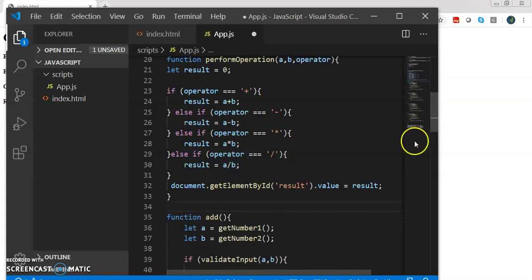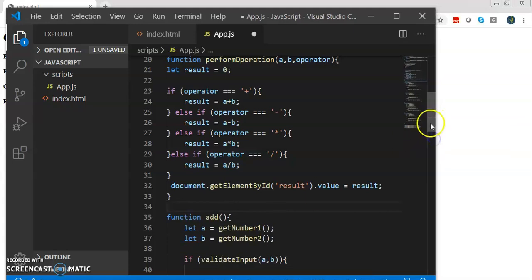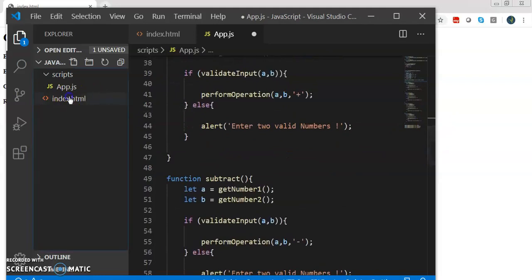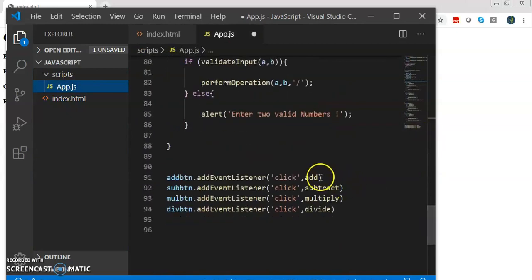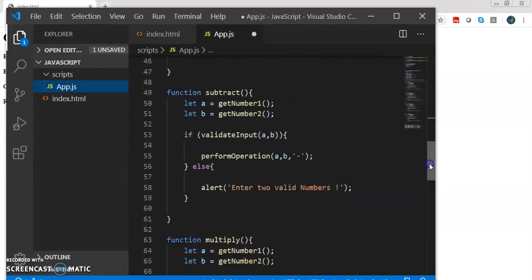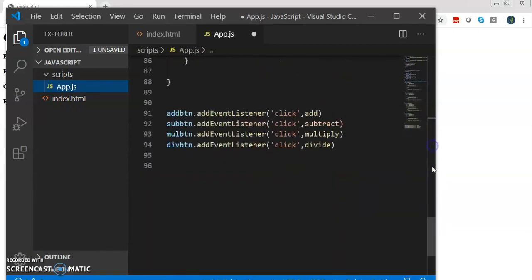So let me explain the flow once again. So first we created the buttons in the HTML and we added the event listeners to the buttons, attached the functions to the event listeners, and then we created the functions for each operation.